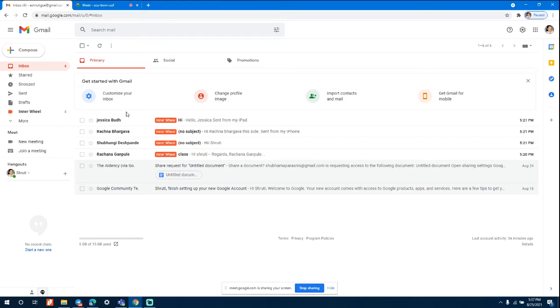Okay. Maybe you can try labeling a few mails right now. I can give you 2-3 minutes to do that. Maybe you can try, and if you find any problem, you can come to me. I can help you out. Try it. Open your account. Just try to put a few mails in a label and try to change its color, and see if you can do it yourself.